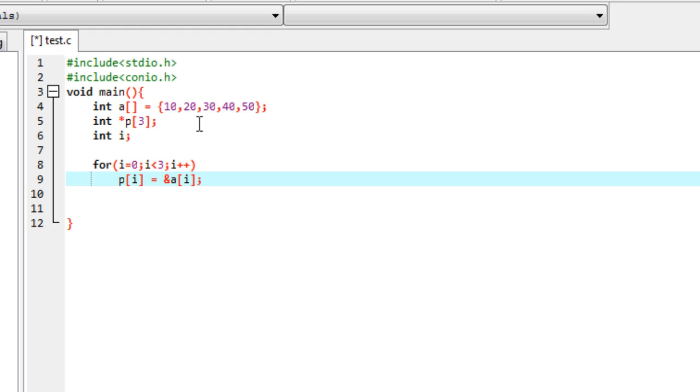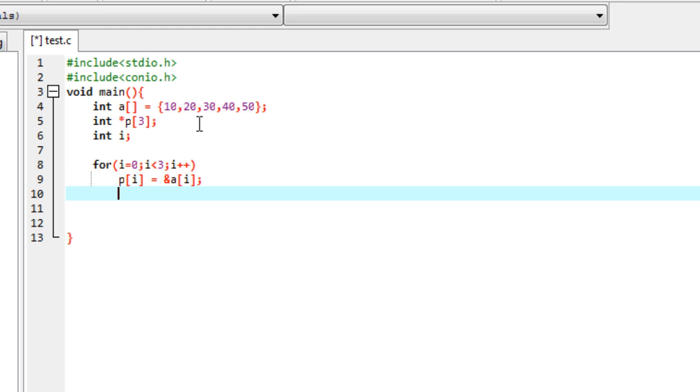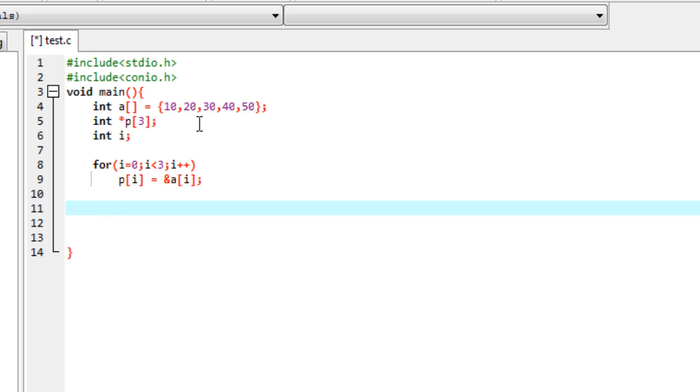We have just used the basic fundamentals of variables and arrays to store the address in the array. Now the addresses are stored. Now let's see what addresses are stored here. For that I will write another for loop. So to print the values I will write for i equals 0, i less than 3, and i plus plus,